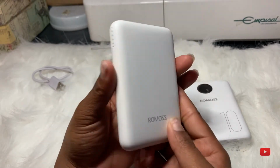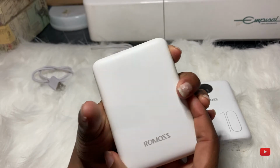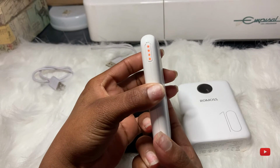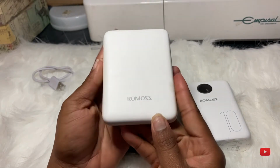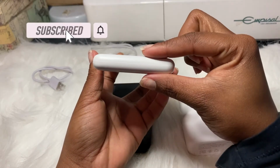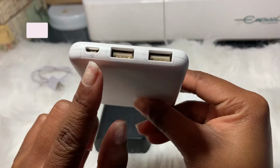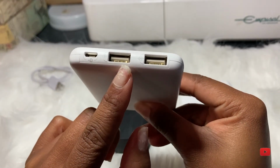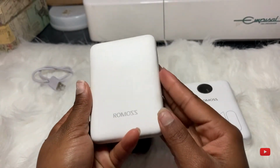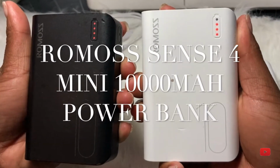It's super cute. You have an on button and also an indicator of how much power that you still have. I love the ultra thin design, which you could just fit everything into your bag and you wouldn't even recognize it's there. It has one input, which is a micro USB, and then 2 USB outputs, so you can charge 2 phones simultaneously. And the second one is the Sense4,